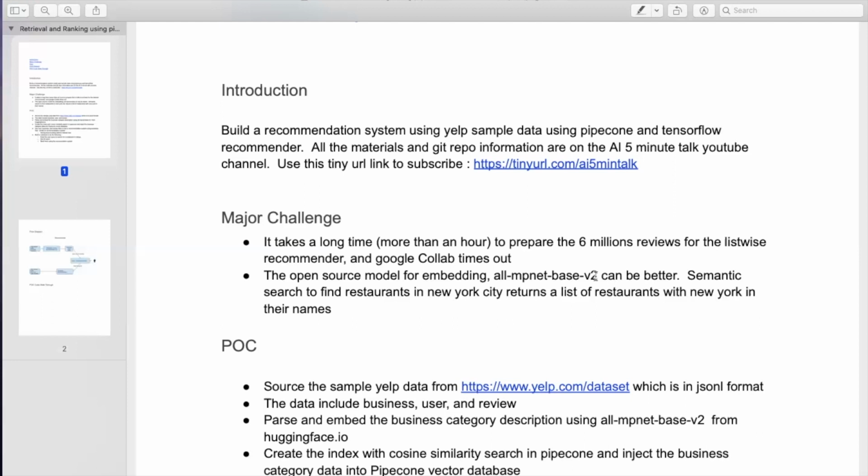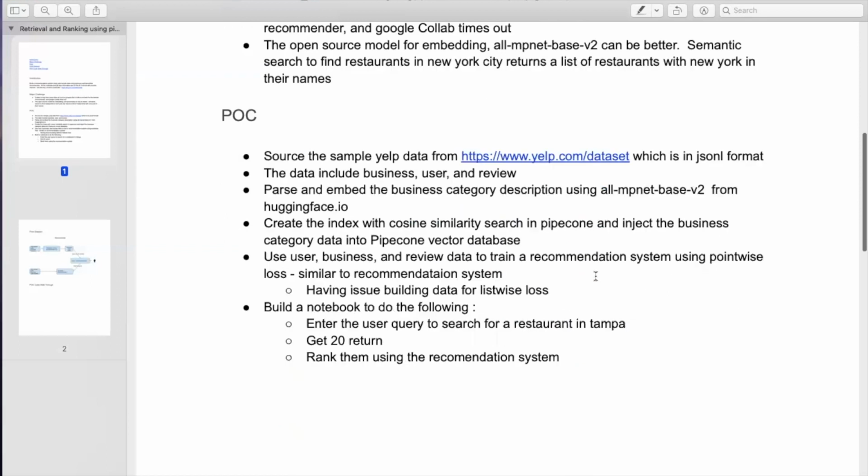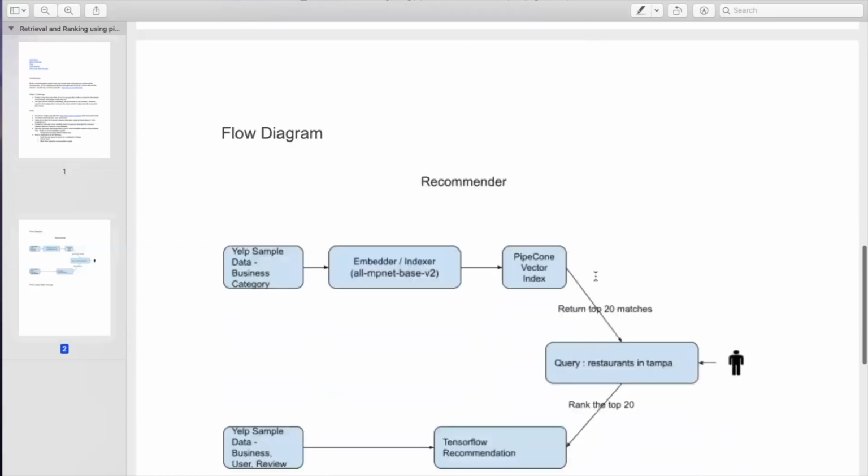But it can be better. I think semantic search using this model can sometimes be error-prone. So for example, trying to find a restaurant in New York City returns a list of restaurants with New York in their name. That shouldn't be the case. I'm going to go through the flow,